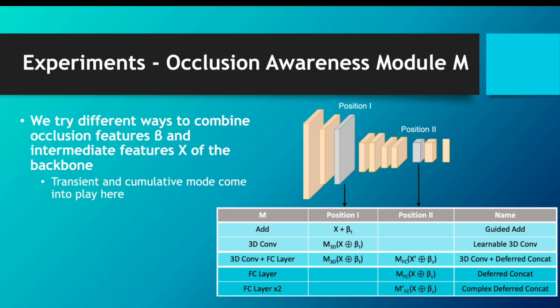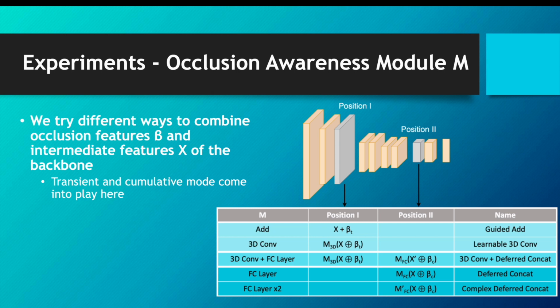And one of them is from the earlier layers, one of them is in the later layers, and then we perform several kinds of computations, several methods of combining x and beta. So if x is chosen from position 1, the earlier one, there is still temporal information present in those features, and to perform the computations like adding and concatenating, passing them through a 3D convolution, the shapes of x and beta must be compatible, and that is why we are using the transient mode here, because transient mode retains temporal